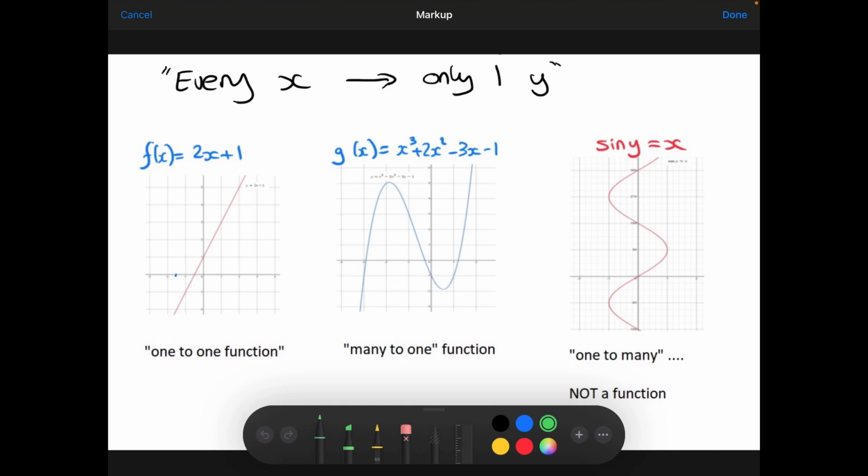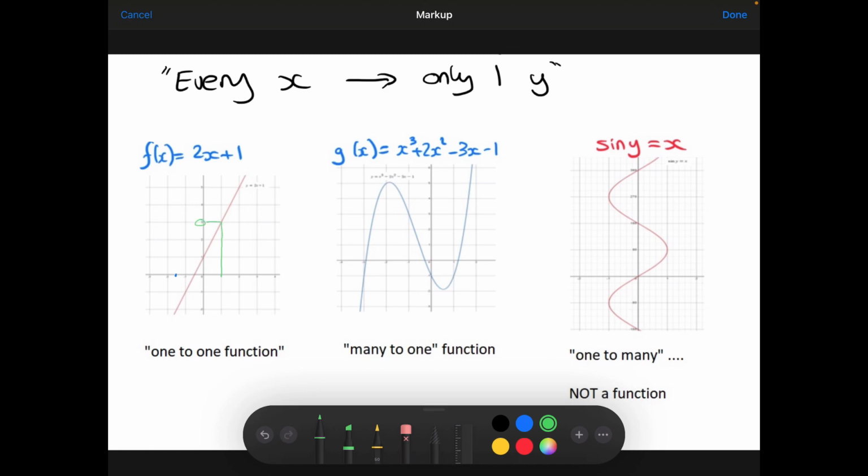Every x value I choose here, whether it's 1, whether it's 2, whether it's 3, whether it's a half, whether it's minus 1.5, I can substitute all of those x values into my function. So every x value will get mapped,